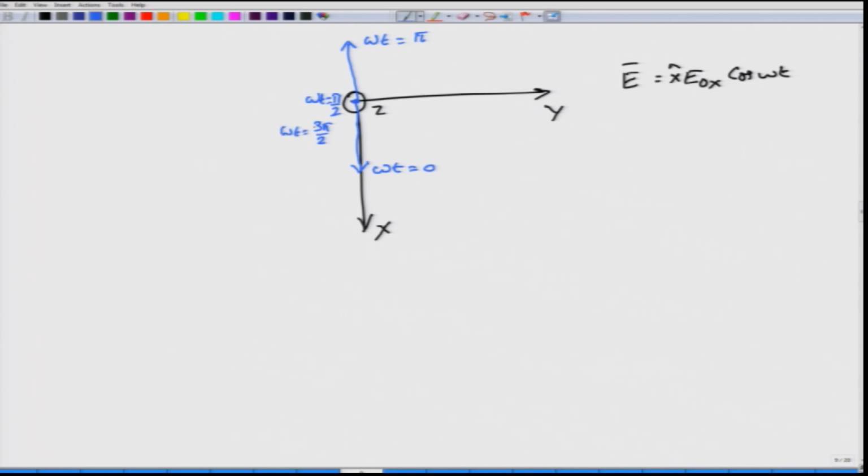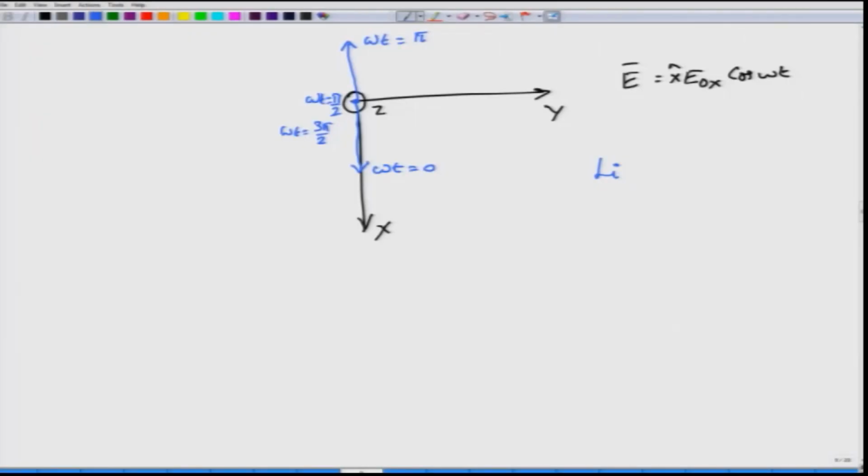So, what you have just seen is that no matter what time you consider, the electric field component would be oscillating along the x direction itself, right. Naturally, if you repeat this problem by assuming that E0 x is 0, but E0 y is not 0, then you will see that the field is oscillating only along the y axis. So, you have an x axis alone oscillating or a y axis alone oscillating. Such oscillations along a particular line is called linear polarization, and the wave is said to be linearly polarized along x or along y.